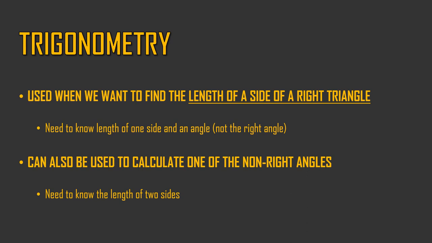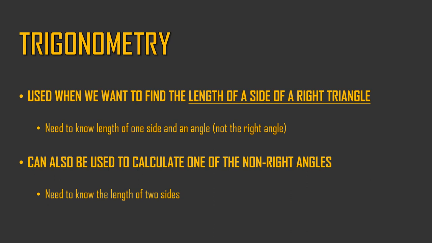But in this instance, we don't need to know the length of the two other sides. We only need to know the length of one side and the size of one of the angles in the triangle, as long as it is not the right angle. And we can also use this